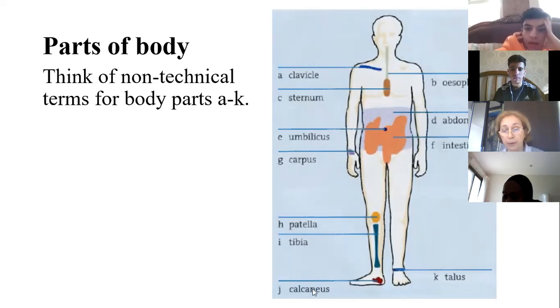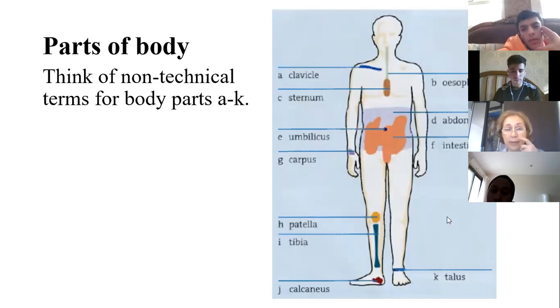There was the word for calcaneus. Ankle. This is for talus. Heel. Talus, ankle. And calcaneus is heel. Heel, yeah, heel. Right. Okay, please